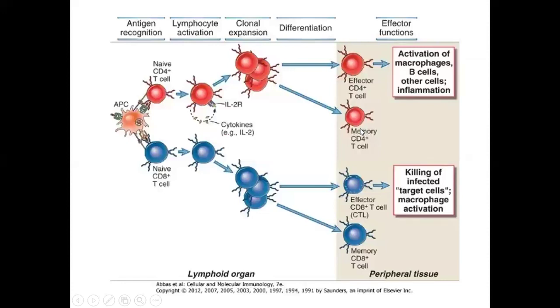And in this way, CD8 are activated and start to proliferate into clones, and these clones will go to war and start to find a new antigen in the MHC1 receptor